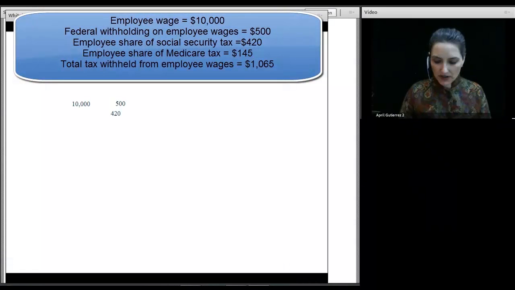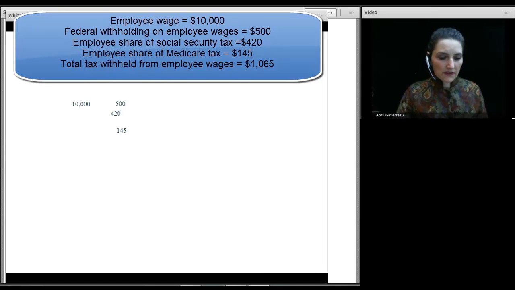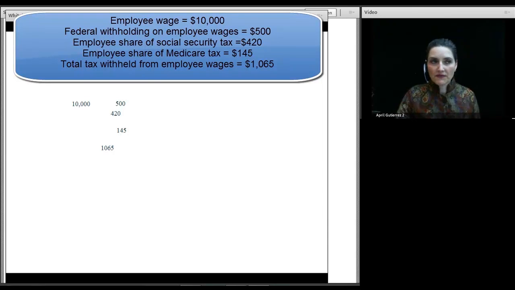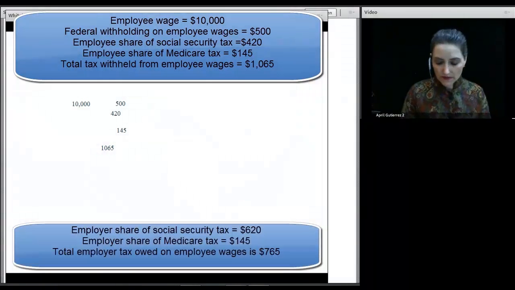And Medicare withholding would be $145. And let's just forget the state at this point. So I add these up, and 500 plus 420 plus 145 is $1,065. So the employer is responsible for holding out $1,065 of tax for the employee. Next to this, the employer has other obligations. Among those are the employer's share of the Social Security tax, which in this case would be 6.2% or $620, right? Plus, the employer would be responsible for paying an additional $145 on